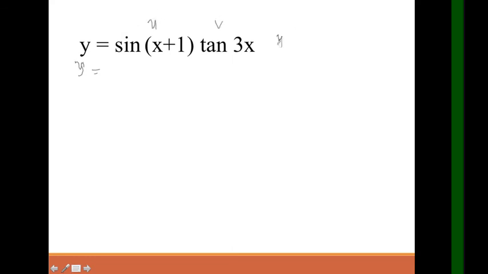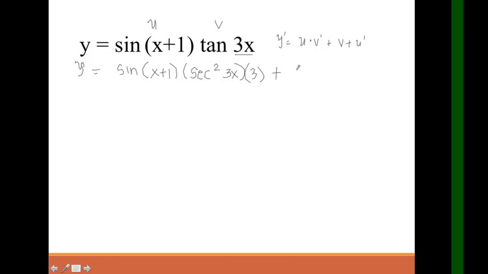So that is equal to the derivative of y, u times v derivative plus v times u derivative. Okay, so u is sine x plus 1 times the derivative of v. That is equal to secant squared. Derivative of tangent is secant squared 3x, and the derivative of this is 3